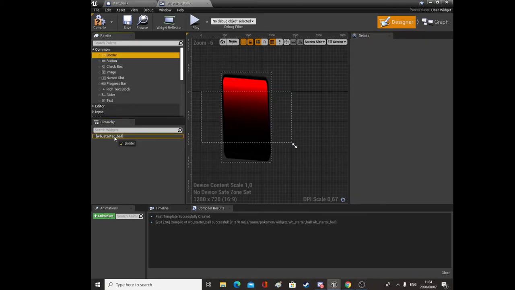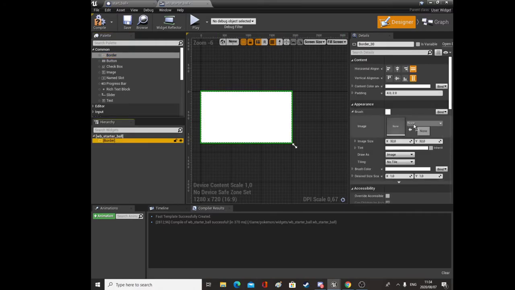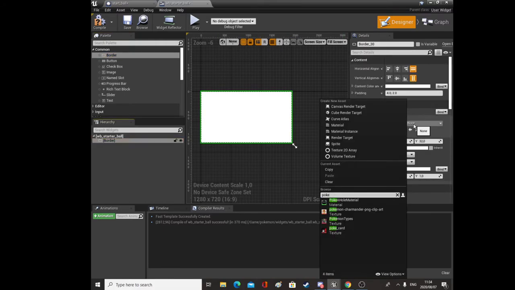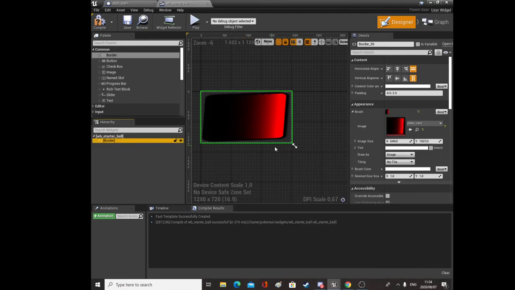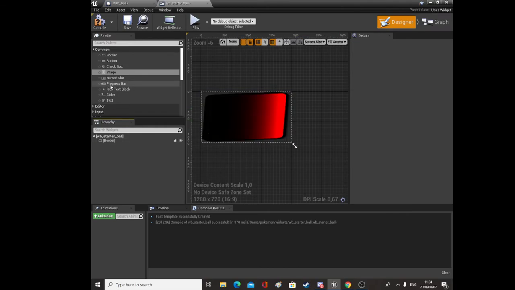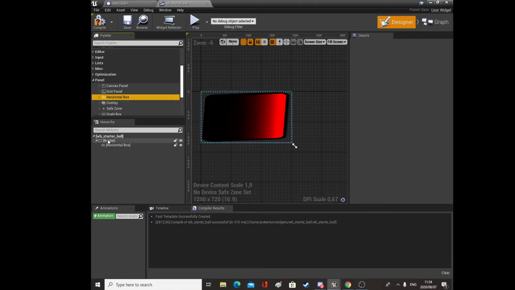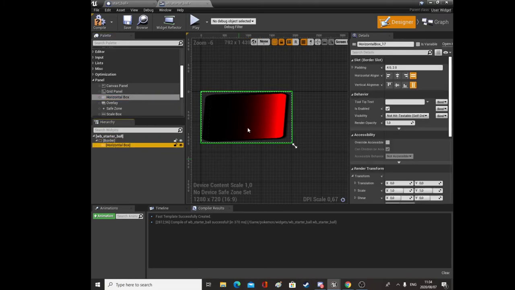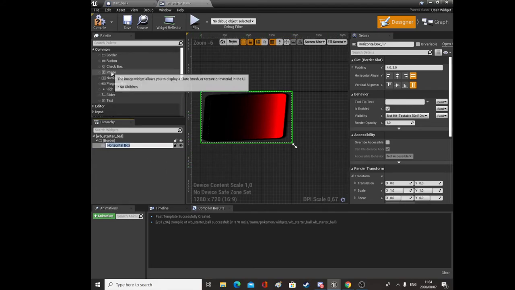I'm sorry, guys. Okay, just add a border, and we're gonna make this of type PokeCard, and that's fine. Then we're gonna add a horizontal box. We'll do it this way. I was gonna do it vertically, but we'll do it horizontally. So we'll add a horizontal box, and then we'll add an image,